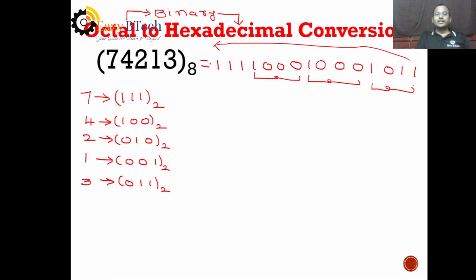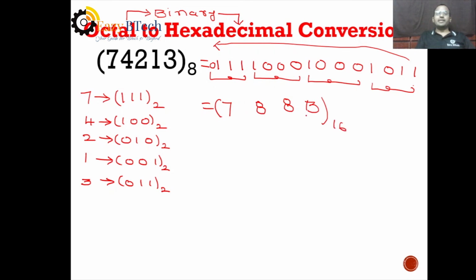So here we have only 3, so append one leading 0. Now write the corresponding hexadecimal equivalent. 0111 means 7, 1000 means 8, again 1000 means 8, 1011 means 11, and 11 means B. So for the given octal number, the corresponding hexadecimal equivalent is